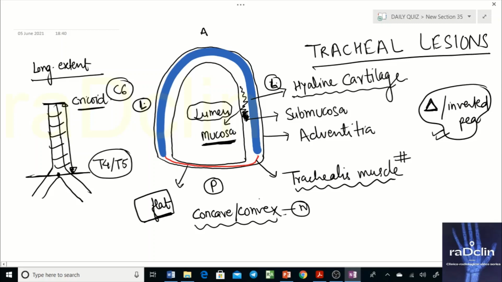The reason being very clearly that when you are taking an image or a scan, the patient is respiring also. Although we ask the patient to inspire and hold the breath, still sometimes it happens. So you may find concavity and convexity because when the patient is inspiring, the trachea has a tendency to expand, and similarly when the air is going out, the trachea has a tendency to collapse. Now we will not go into the physiology of why it collapses or expands, but definitely it's important to know that it is like this.